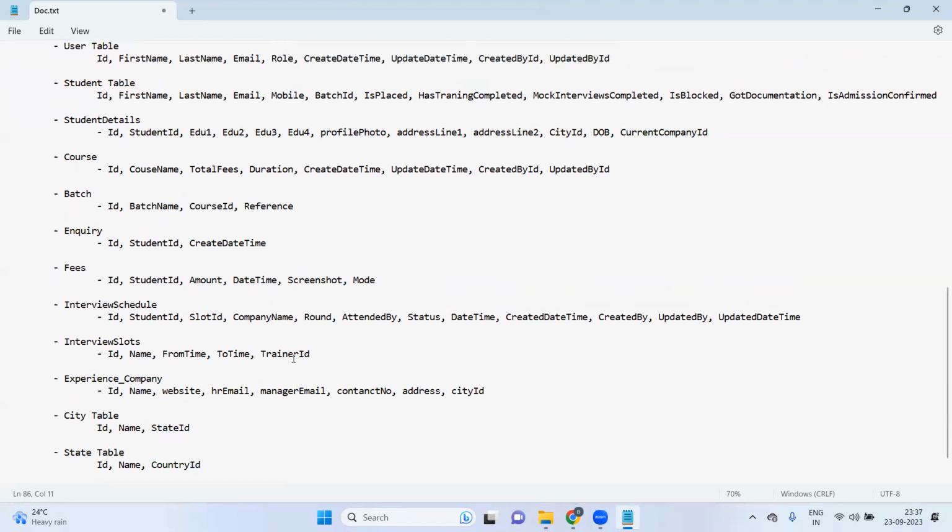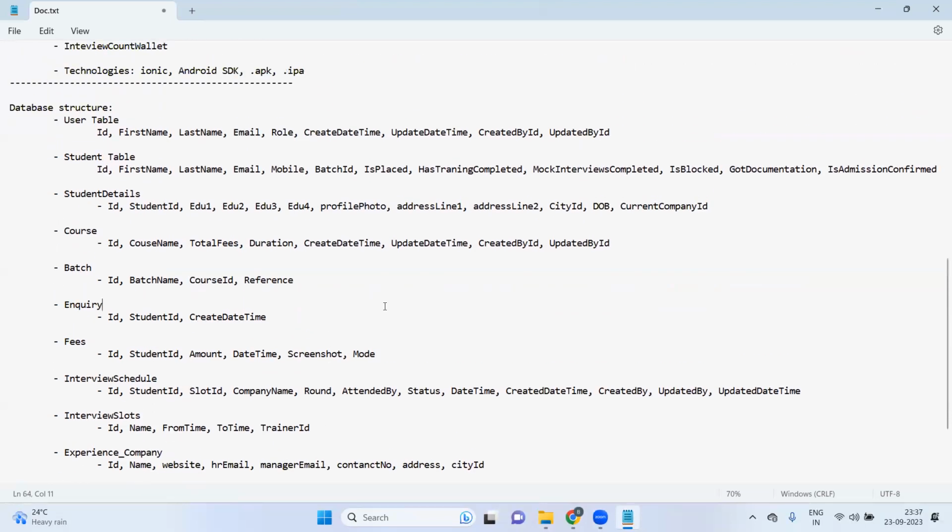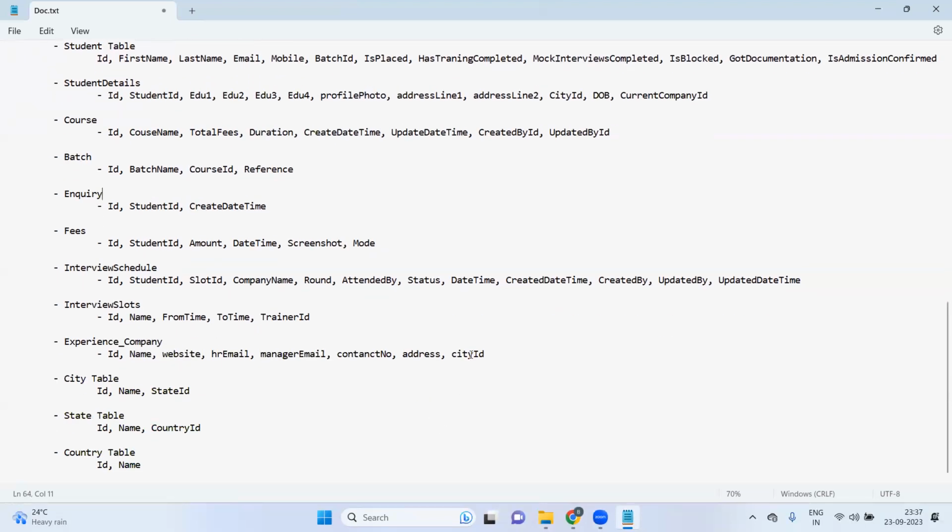So the database should be dynamic enough. Okay. It should be normalized. So that's why I will just add city ID. Okay. ID, name, website, HR email, manager email, contact number, address, city. I think this is good. And then we should have one more table, that is projects. So this company has this